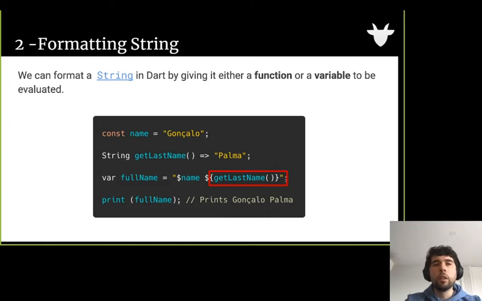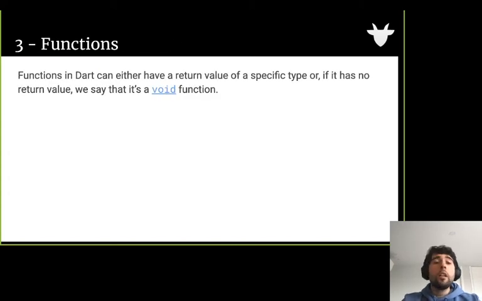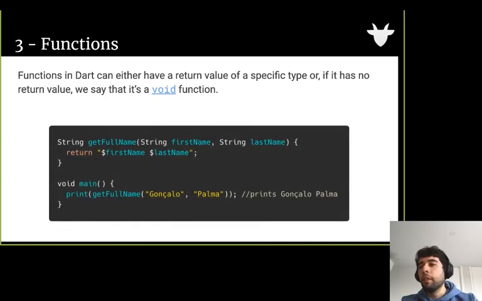And inside these curly brackets, I could put some conditional logic with a ternary operator. I could call other functions, even with arguments. I could do lots of stuff. And this shows the power of string formatting. So I don't need to put plus and the quotation marks, and we don't need to do that. We can just use the variable names directly, or we can use the function name directly, and finally we can print it.